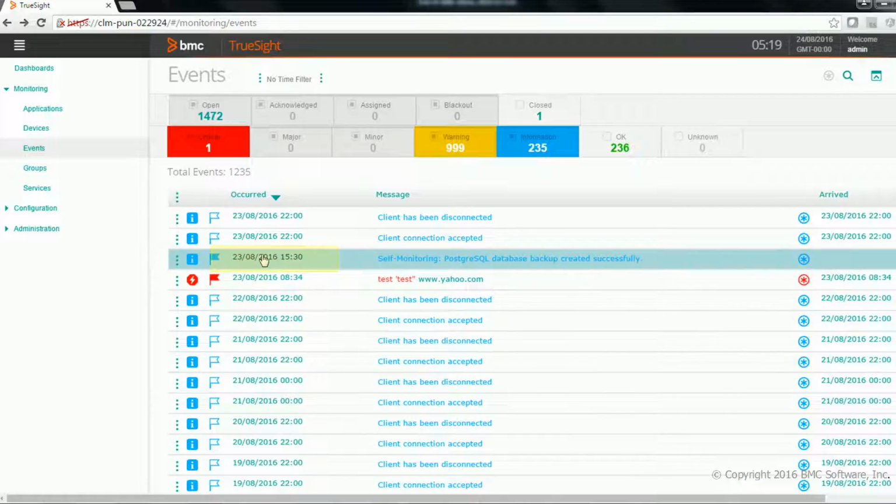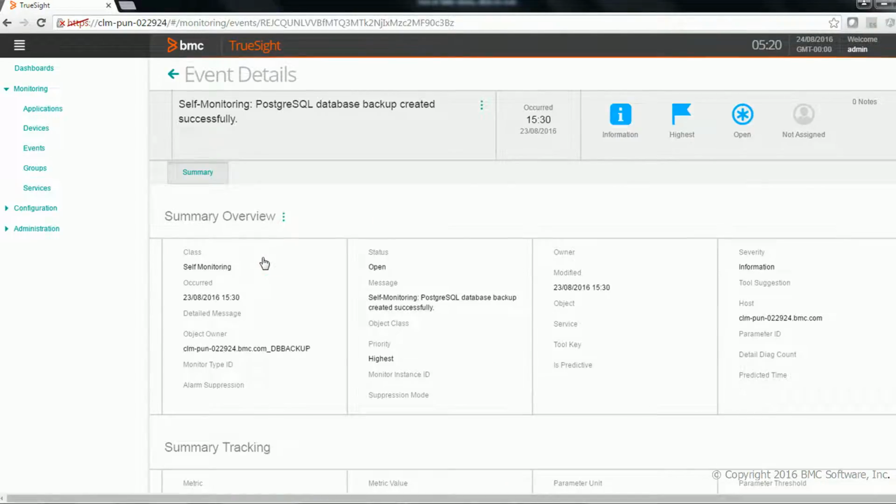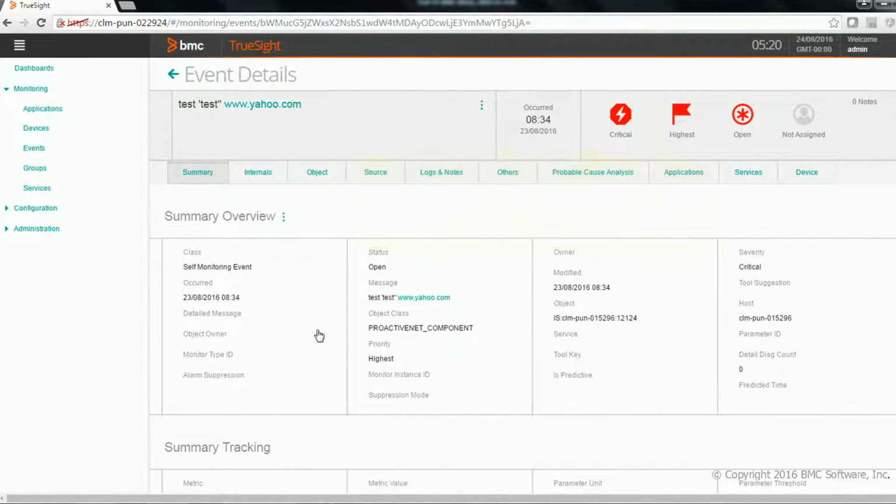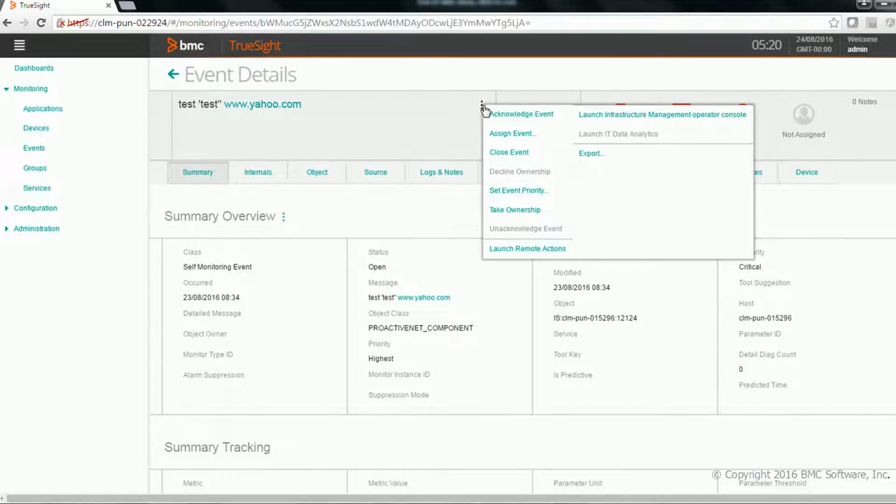One is you can go to the page by the link on the occurred column itself. If you click on this occurred value, it will cross launch to the page called event details, and it will show you the entire detail of the selected event. Now the layout of the event detail page is you see the message in the top section over here and other important slots like the severity, priority, the state of an event, and if any user has been assigned to this event or not is listed over here in the form of icons. When it occurred, that time also comes over here. You can also take action on this event from here as well.